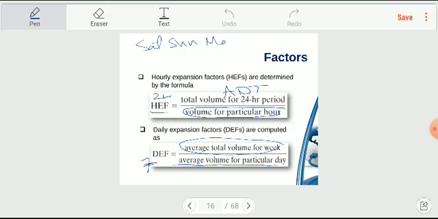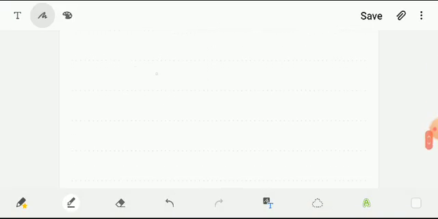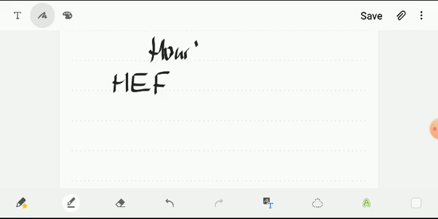So how can we use that? If we have an organization for highways and for urban traffic, they must collect the data and put the HEF as a constant there. Like in the United States, they put the HEF for rural highways, and for urban highways, and for different situations. Why is that important? Let's see. If I have the HEF, which is the hourly expansion factor,